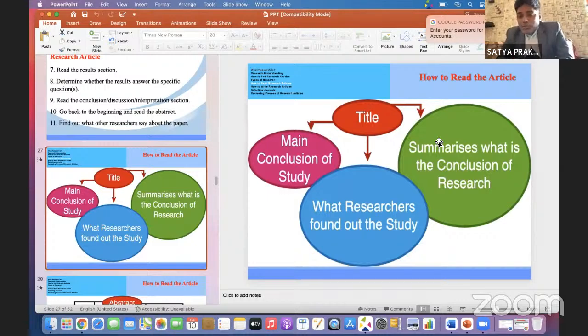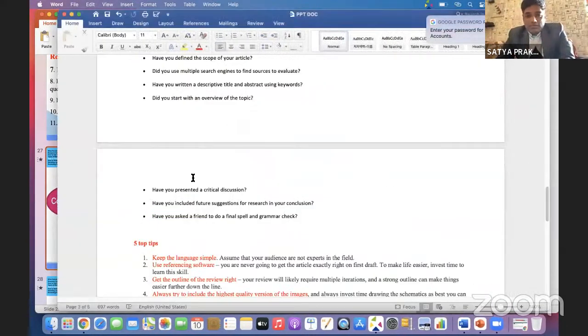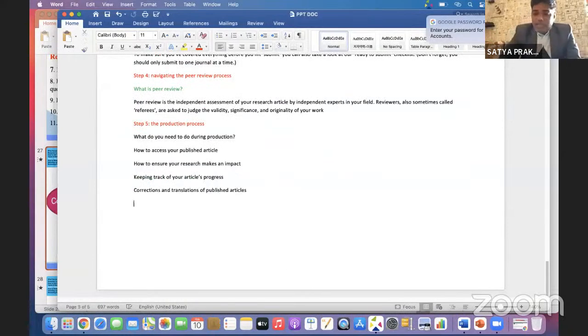Suppose your title has 5 to 10 words. In those 5 to 10 words, you must include your keywords. 50% of keywords will be used in the article's title, but we cannot always do that. Just as an example, we are creating some title.